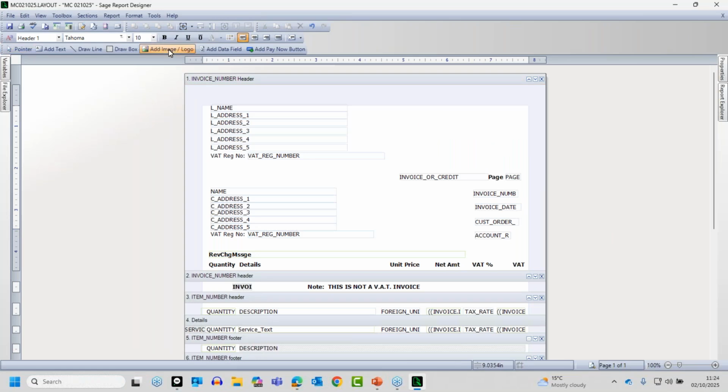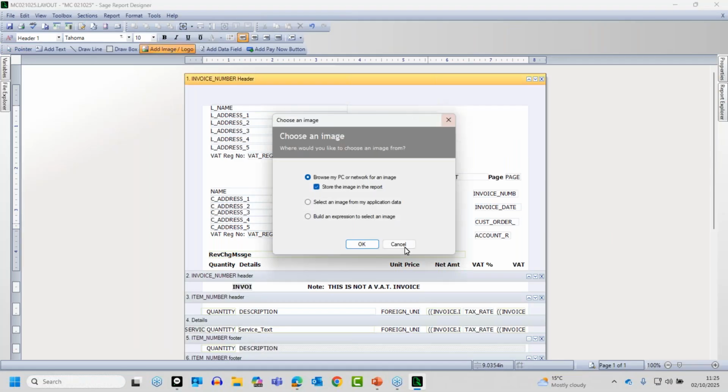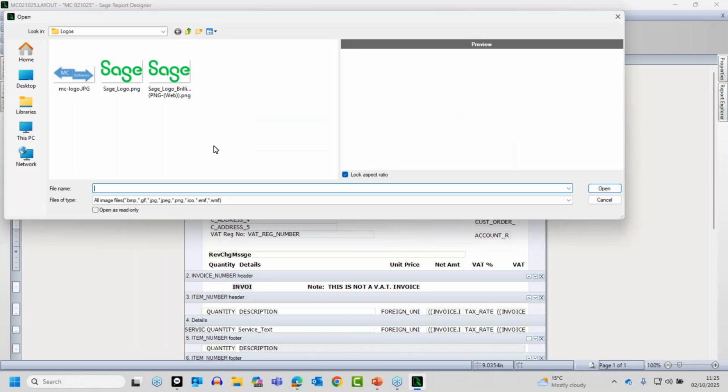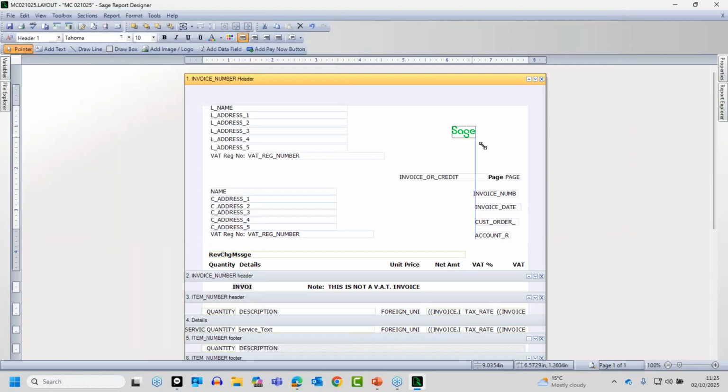I go to insert it again, add image, click approximately where I want that to be. Okay, that. Just browse to wherever your logo is held. I'll just use the same one. You can resize it, nudge it into position, and that's it done. You might add trade logos,